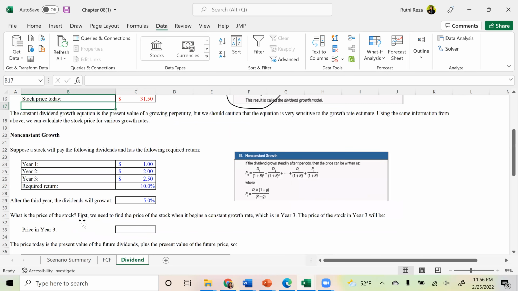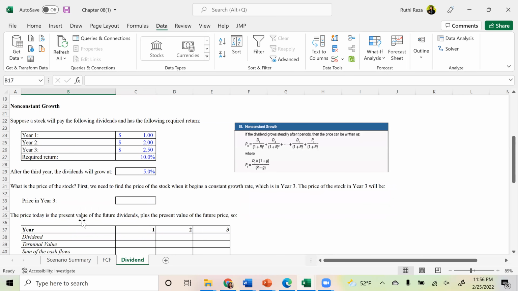Okay. Next, now we are going to have a non-constant dividend growth rate. Now we can see here our dividend in year number 1 should be $1. Dividend in year number 2 should be $2. Dividend in year number 3 should be $2.50. Then it says this third year dividend will grow at 5% after year number 3 forever. So for this